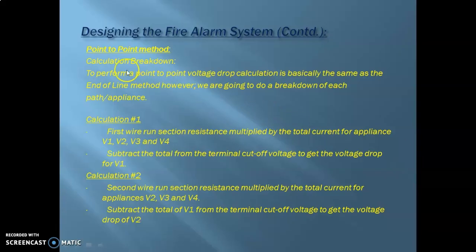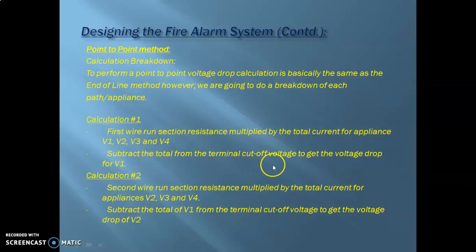Now, this is just a small breakdown of what the calculation is actually like. Performing a point to point voltage drop calculation is basically the same as the end of line method. However, we are going to do a breakdown of each path and appliance. So, the first calculation: first wire run section resistance multiplied by the total current for appliances V1, V2, V3 and V4.